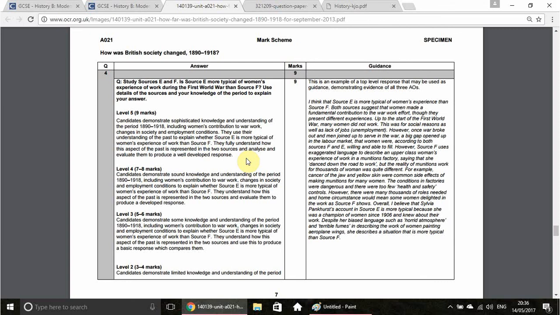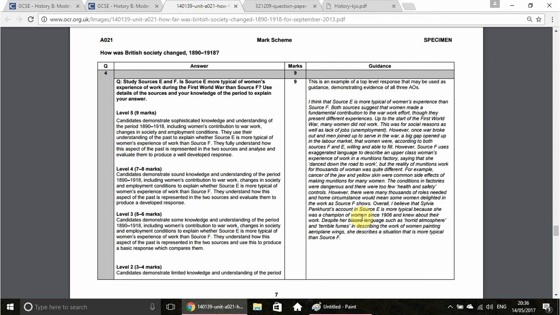So for this one, it's obviously the origin that they're focusing on and the two different people that wrote it and why they might be having different experiences. So you might want to say something like working class people had continued to work for many years, and so therefore the difficult conditions would be really serious for them, and you could talk about the side effects that many people felt and the bad health and safety,